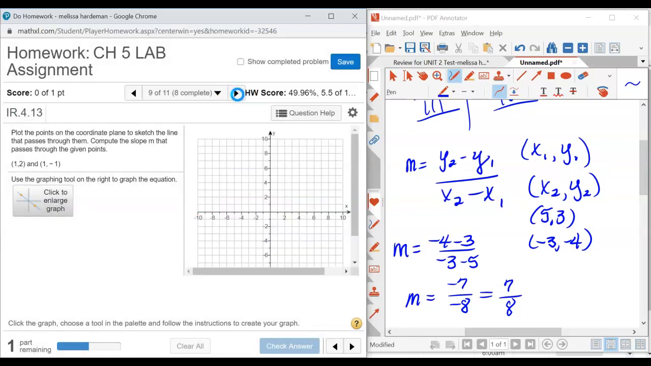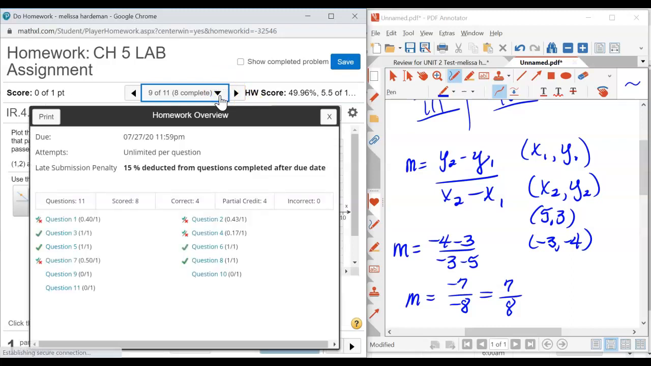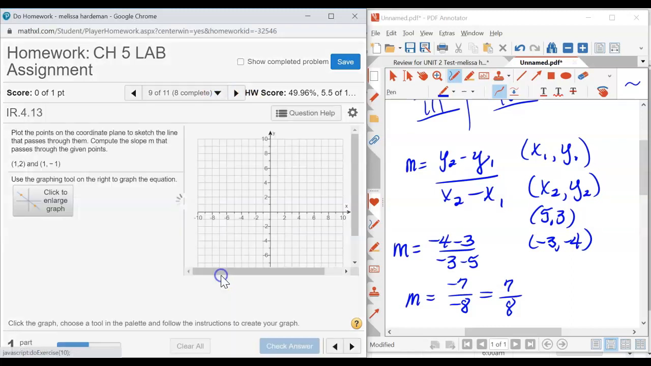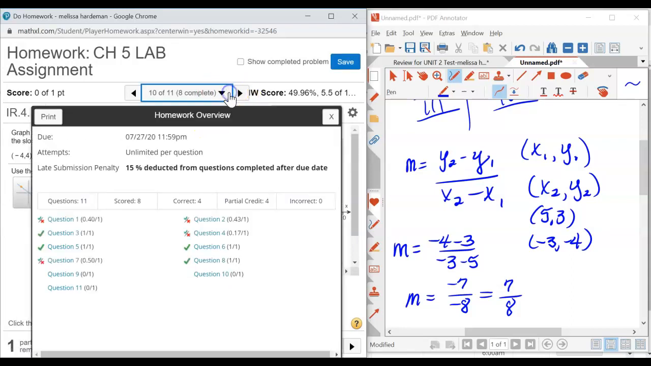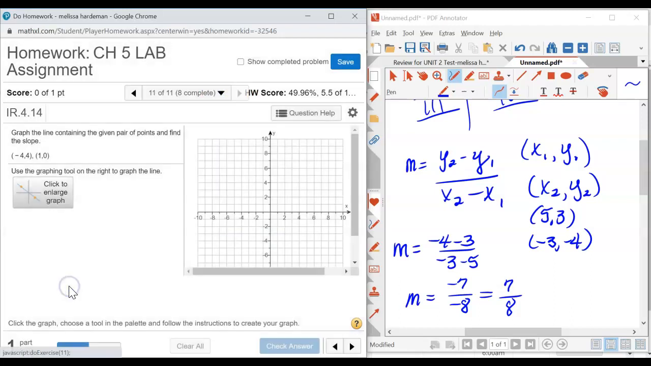All right, so the next problem is the same. Plot the points, graph the line, find the slope. Problem 10 is going to be plot the points, find the slope. We just did that example, or a similar example. And question 11 would be